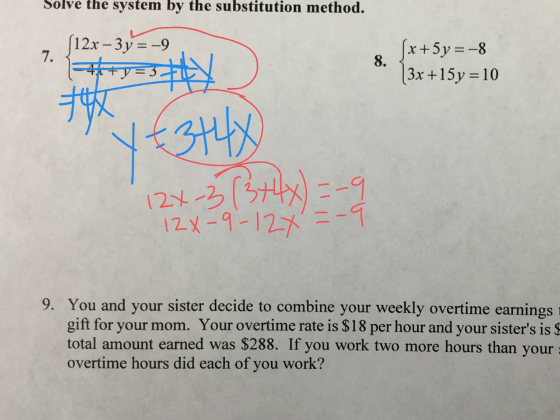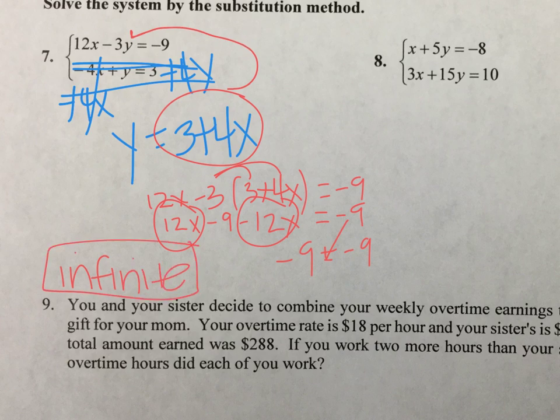I'm looking at that and thinking, oh no, I'm seeing that 12x is going to cancel out this -12x. We're going to have 0x's left over, and I'm going to be left with -9 equals -9. Well, that's weird, but that's a true statement. So since this is a true statement, that means there are an infinite number of solutions